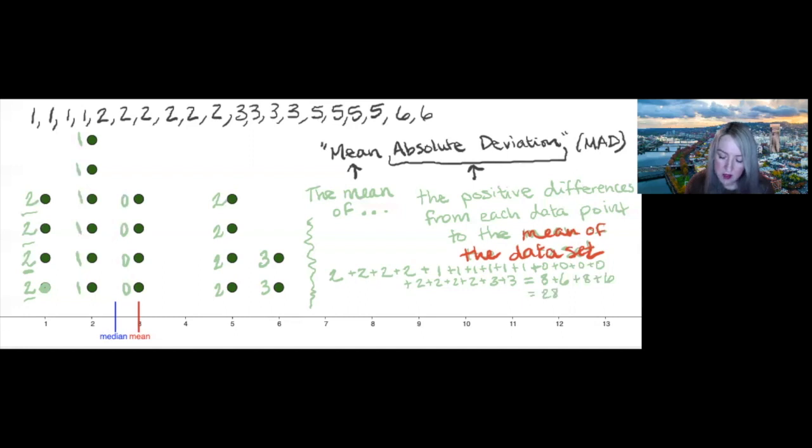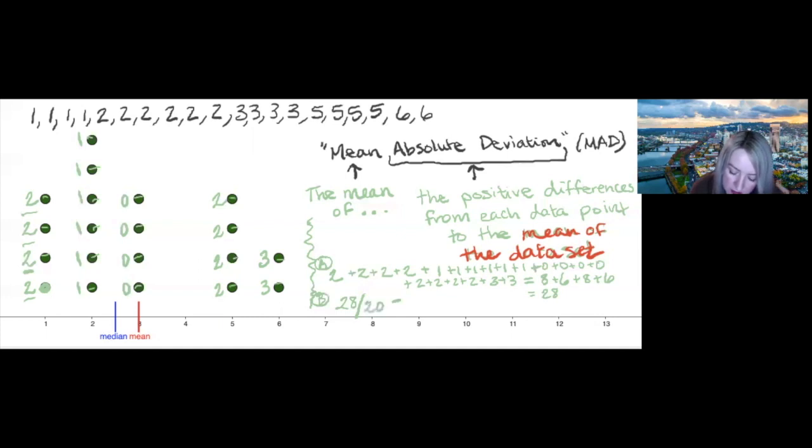So that's the sum of all of these distances. And now I need to remember to divide by the number of data points that I have in order to get the mean of these distances. So we'll call this step A. That's an A. And then the step B right there. So 28, that's the sum of those distances, and then divide by the number of data points. 1, 2, 3, 4, 5, 6, 7, 8, 9, 10, 11, 12, 13, 14, 15, 16, 17, 18, 19, 20. 28 divided